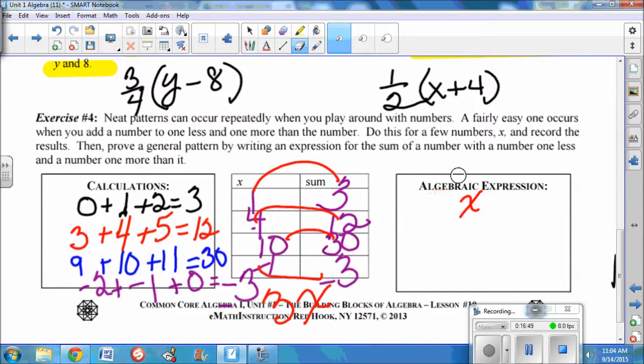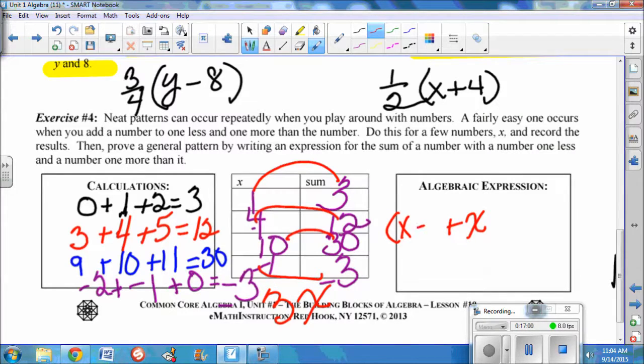Can't tell where I'm writing. All right, so x plus a number 1 less, so x minus 1, and then a number 1 more, x plus 1. So if we combine like terms, we end up with x plus x plus x, which is 3x,